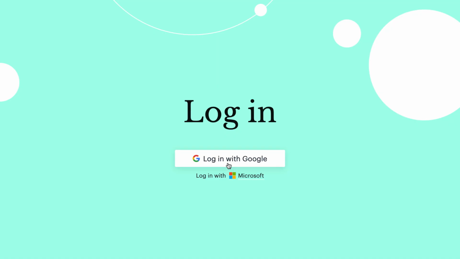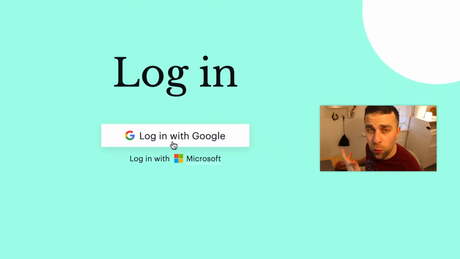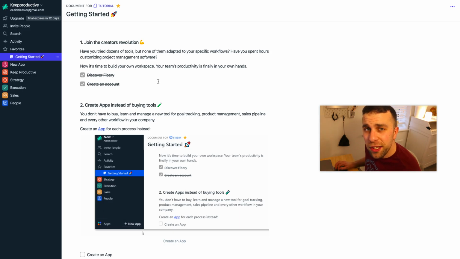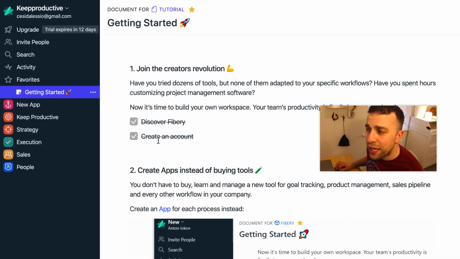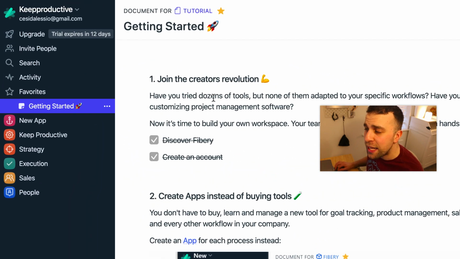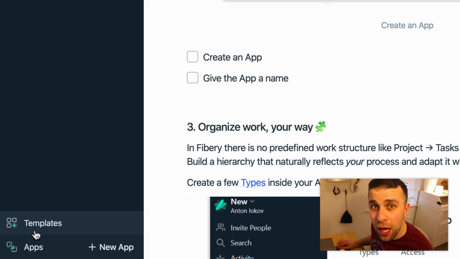So when you log in, you get the option to go with Google, email, or Microsoft, which is a good range of login options. So this is the account that I created earlier, and they have some really useful getting started pages, and they also throw you onto the trial, which expires in 14 days from when you start, and that is for the team plan. So the best place to start is normally the templates area. I'll touch on that a little bit later, but let's show you the